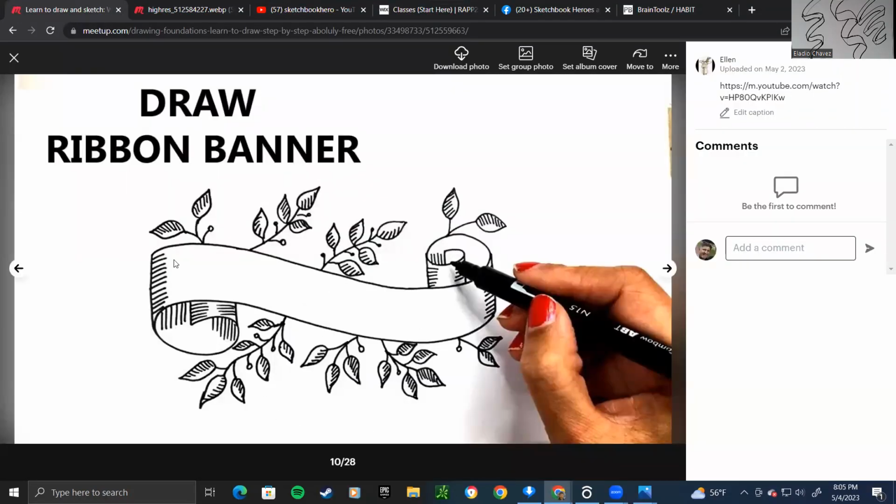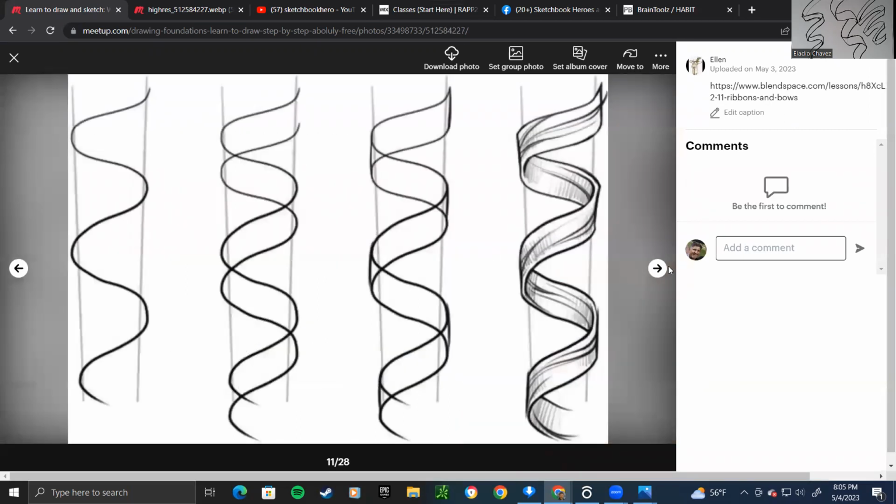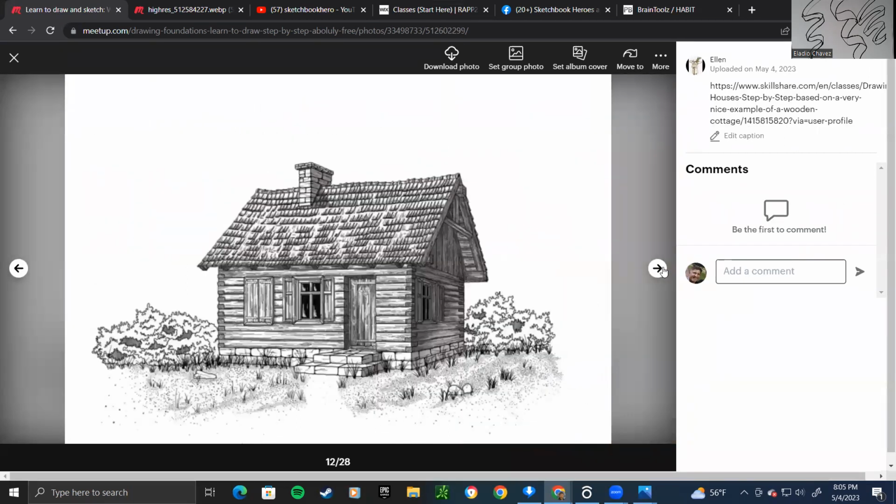Yeah, so practice drawing banners. Even this is squared out. See how this right here is rounded? This should be a little bit more rounded. I'm being picky, but that's just little things. And if you get it, great. If you don't, it's okay. It's not a big deal. You can see it looks good. It looks nice. But to be a little more accurate,